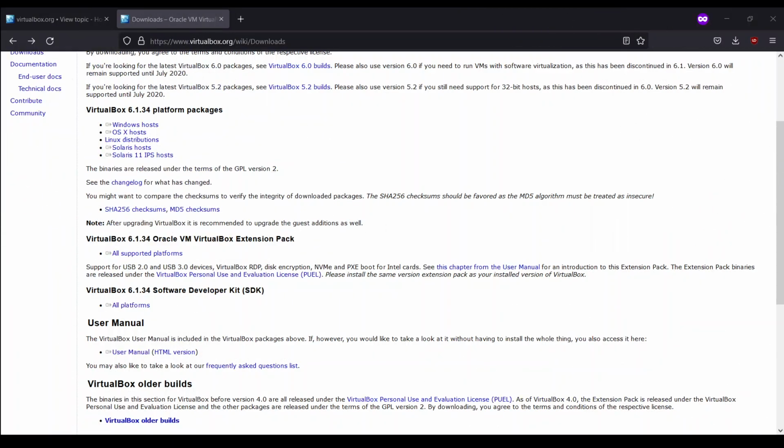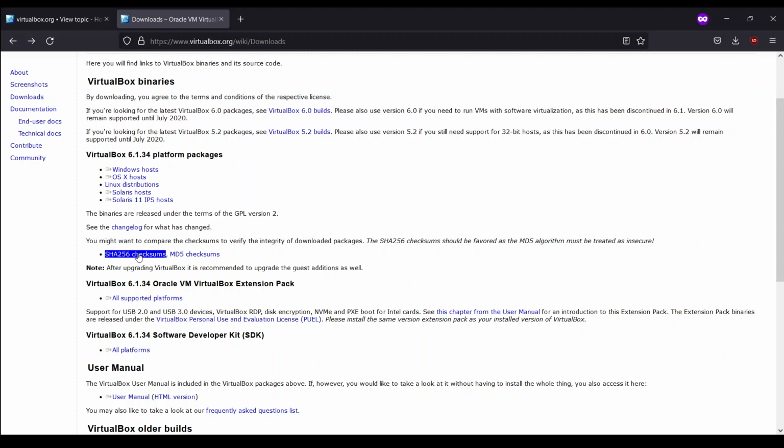Before that, here we can see there's one more option provided, that you might want to compare the checksums to verify the integrity of downloaded packages. What this means is that they are using some hashes. The people at Oracle have generated a hash using these algorithms. You can use either of them. Using these algorithms, they have generated checksums, those hashes, and